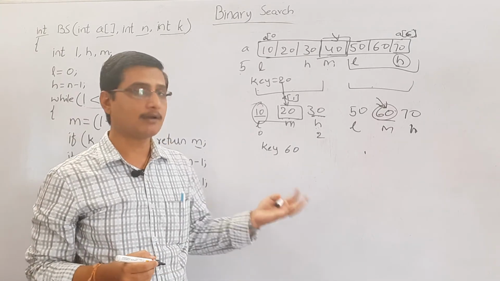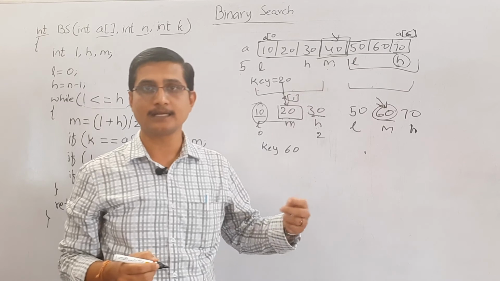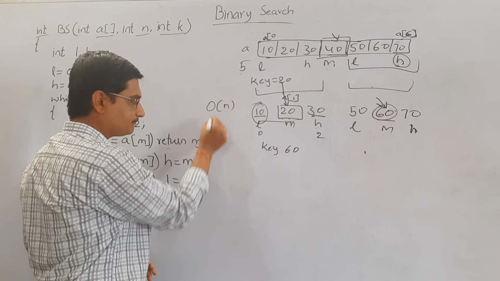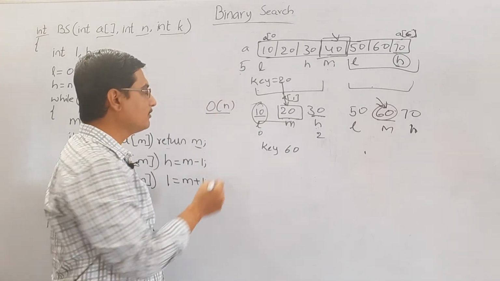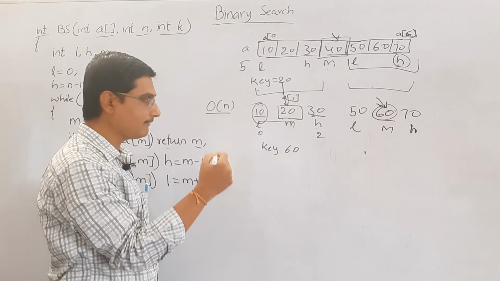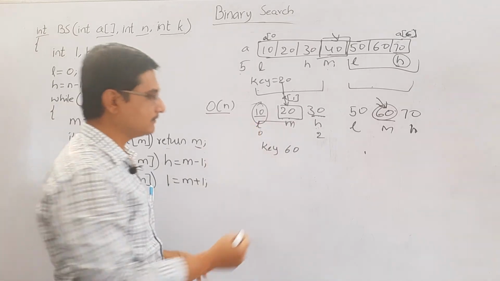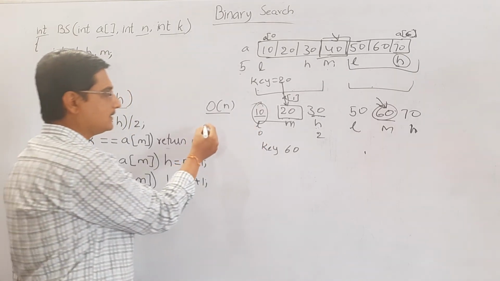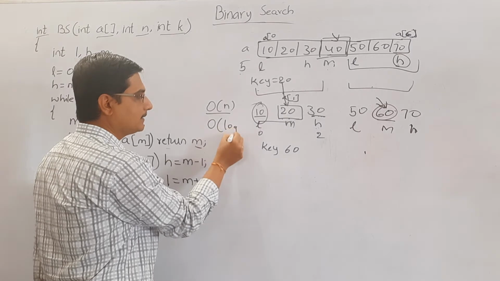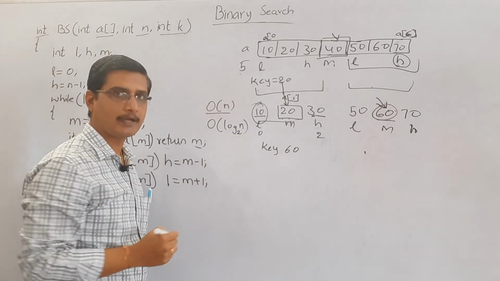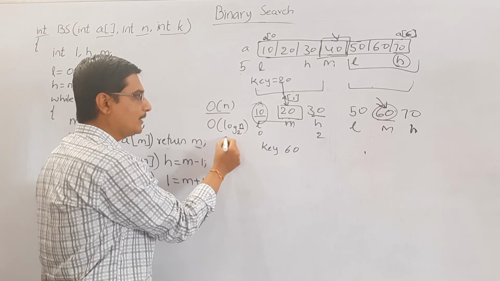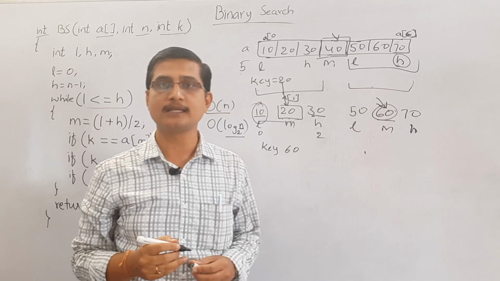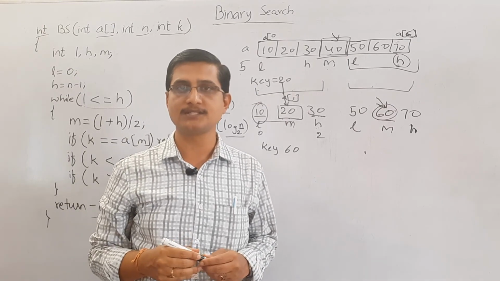See that the number of matching comparisons is less compared to linear search. The complexity of linear search was big O of n. Here it is reduced by half, and when we come across binary trees, you will understand it more clearly. But see that the complexity of this is log n to the base 2. If there are n number of elements, we need a maximum of log n to the base 2 comparisons to find the element. So binary search is one of the efficient methods of searching an element in the array.